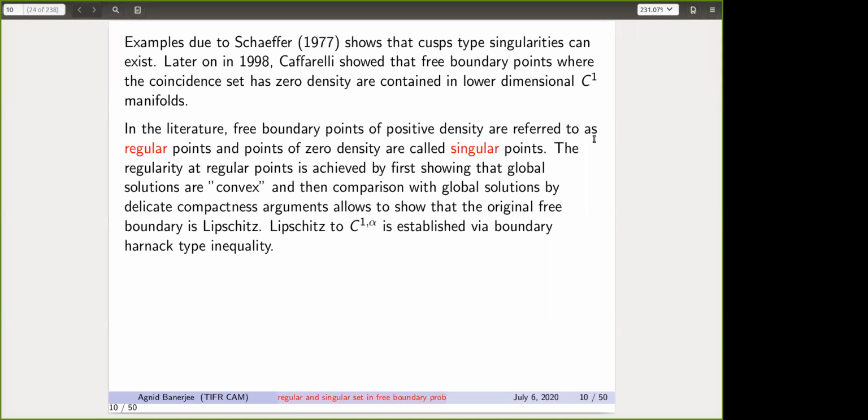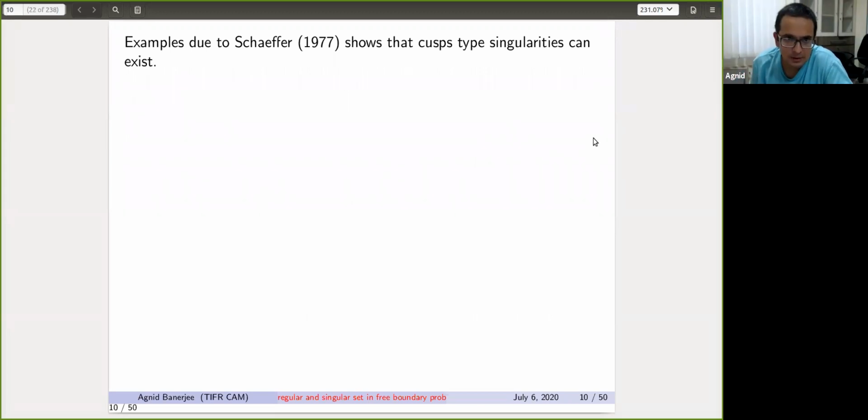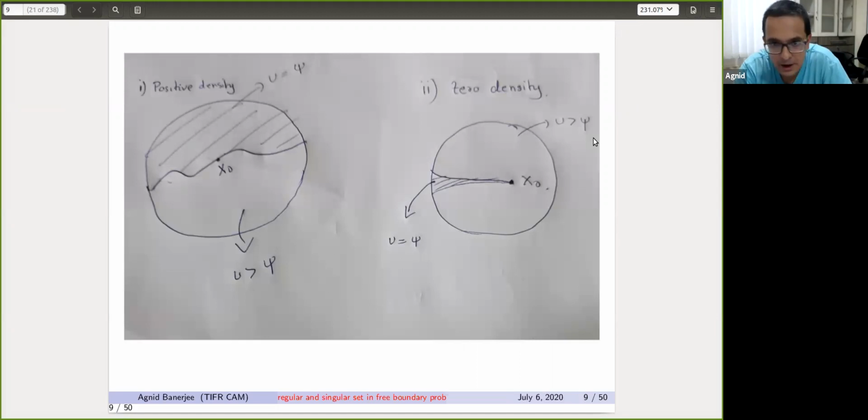Sorry, can you explain blow-up limits once more? So the blow-up limit would be, let's look at a model problem. Well, I should have written this information over here. Once you subtract off the obstacle, as I said, for any reasonable theory you need the Laplacian of psi to be strictly non-negative. So let's assume that the Laplacian of psi is identically equal to -1. Although this theory, because it's a small perturbation theory, really doesn't change even if the Laplacian of psi changes a bit. So for simplicity, let's assume that the Laplacian of psi is -1.